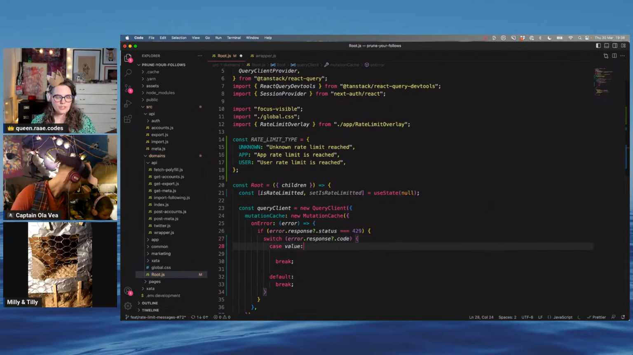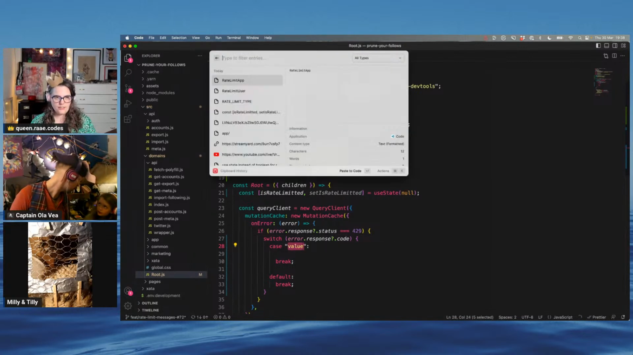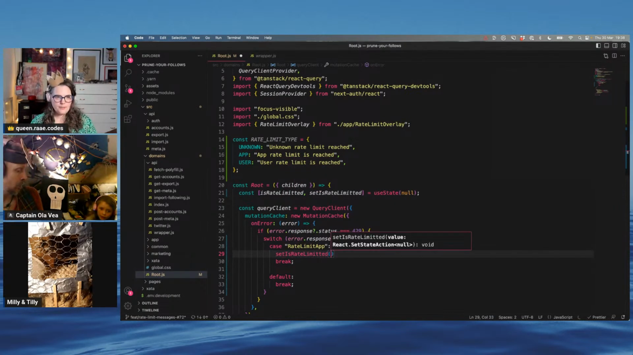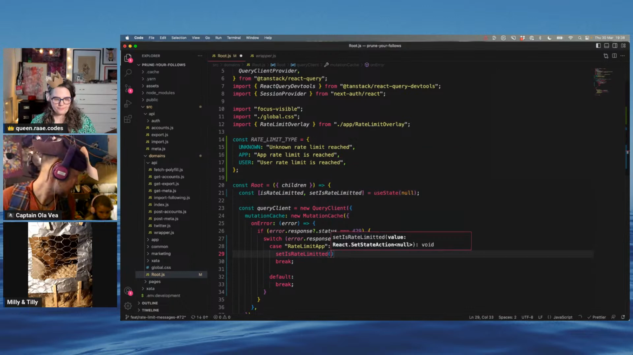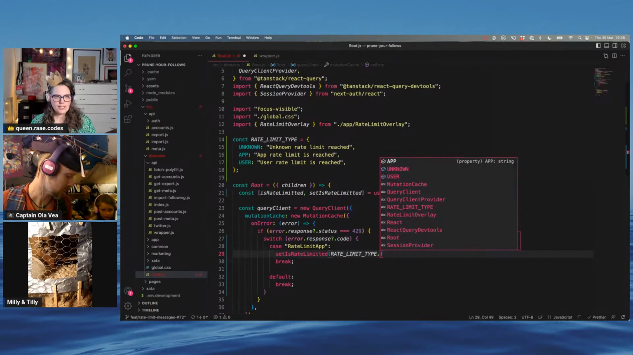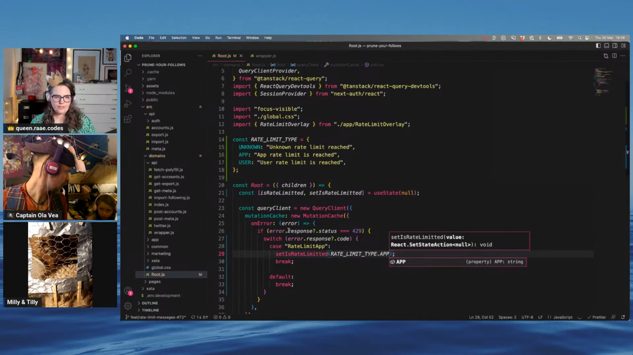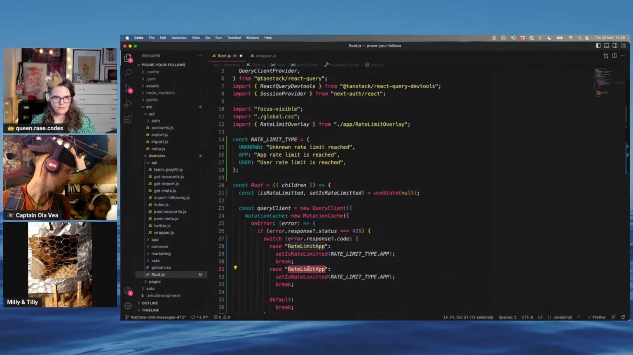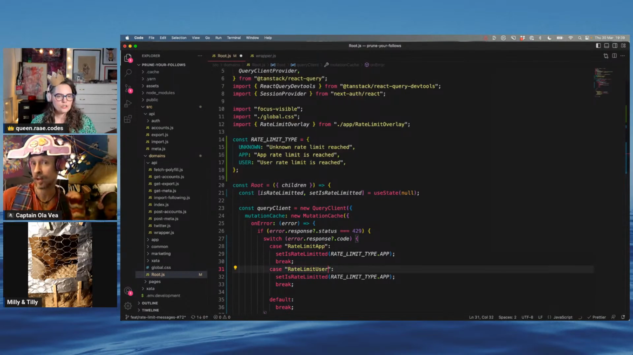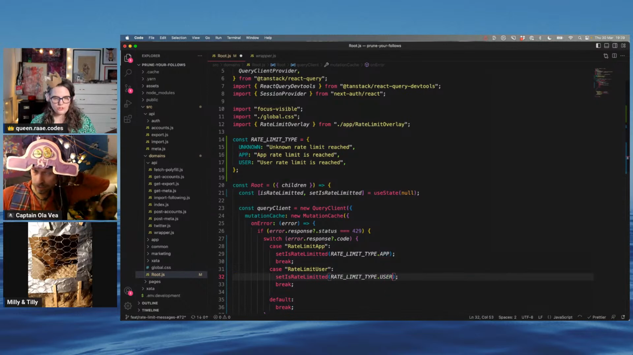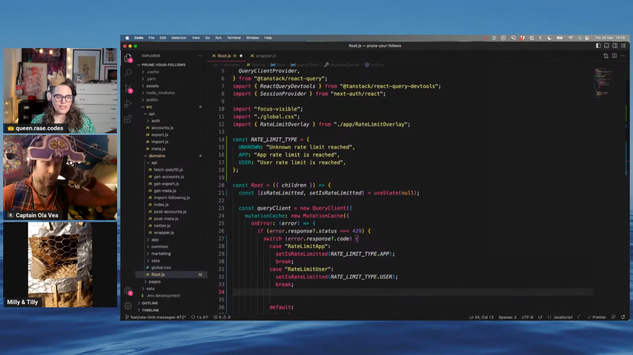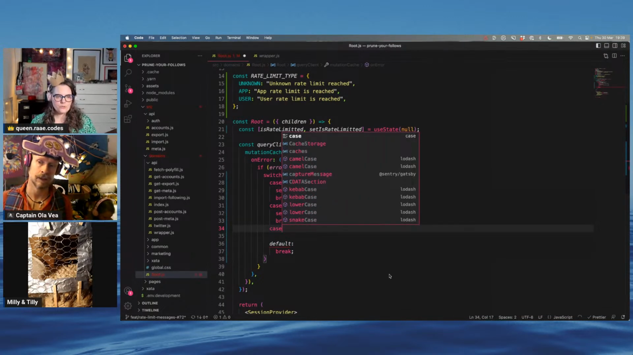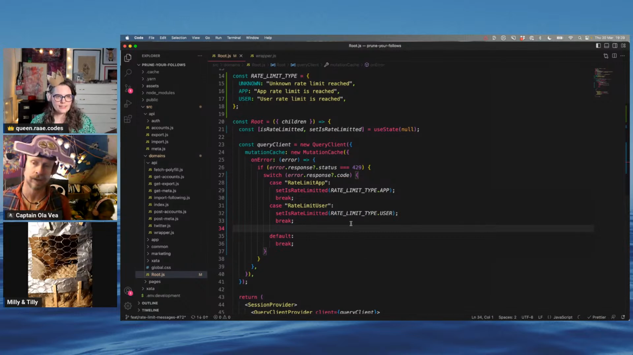On the response code, if that value is rate limit app, we should set rate limit type to app. And if it's rate limit user, then it should be rate limit user. And if for some reason we get a 429 for some other reason, then we can do its default and we'll set the